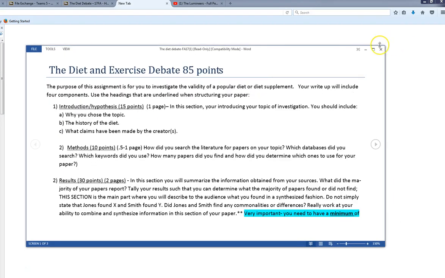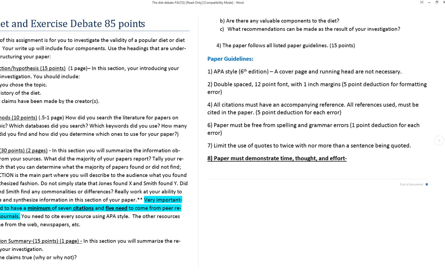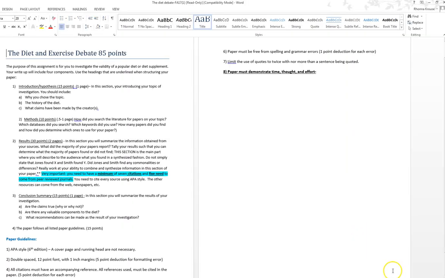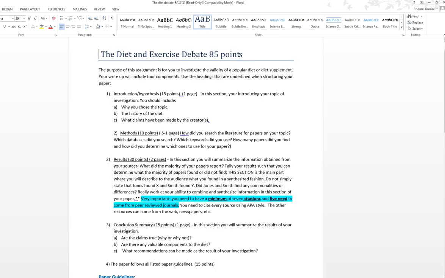All right, so let's go into the diet debate paper. Let's open this up. Let's get this all onto one page so we can go through it. As you can see from the very beginning, we have different sections. I would like you to use these sections, so title each section with the title that I have provided for you. In addition, each section has a recommended or estimated page length. You can go over this, but if you fall too shy of this, you probably have not written a complete paper. These are just recommendations.